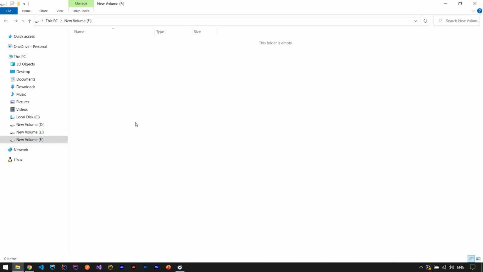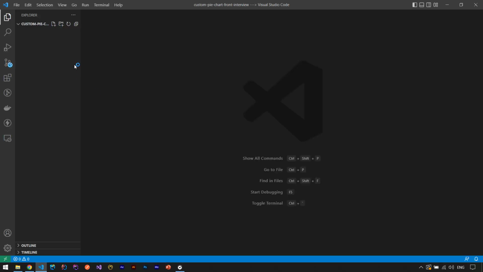Let's start by creating a new folder and open it inside of VS Code. And here I create a new folder named Vanilla JS pie chart, because I want to use two projects, Vanilla JS and React. So inside of this Vanilla JS pie chart, I create a file index.html,